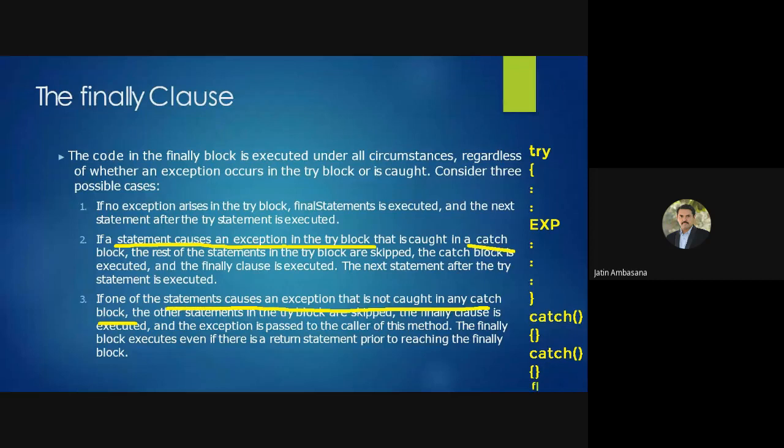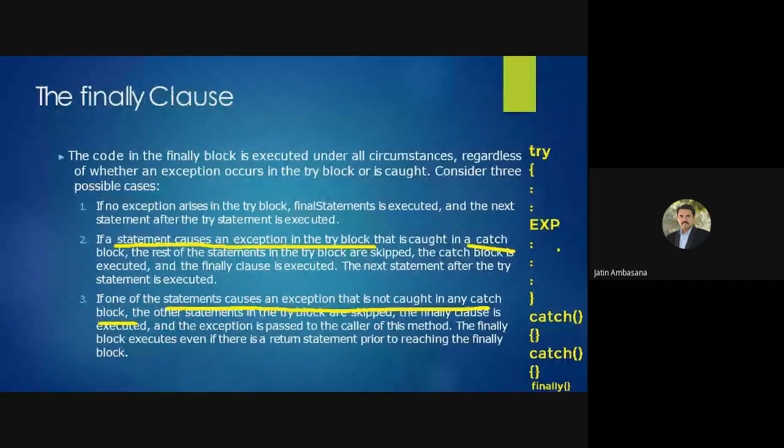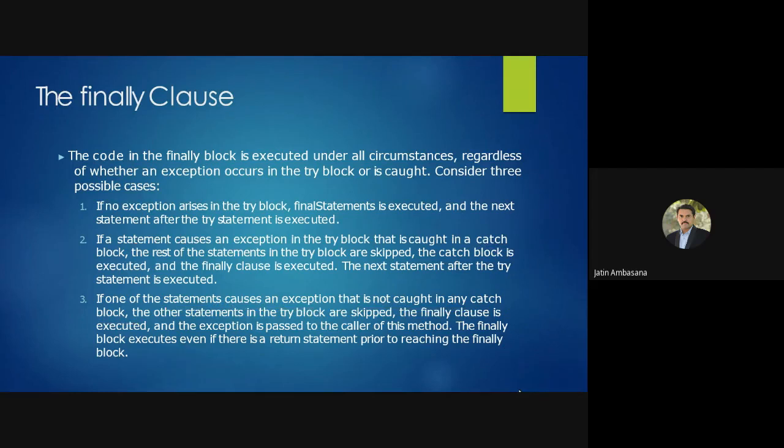In this case, the finally block works. Okay. So what would happen? Suppose the exception is thrown and it does not get caught over here, does not get caught over here. So at least it goes through finally. Even though it is not caught, at least it goes through finally. Okay. And then the exception is passed where? Then the exception is passed to the caller of that particular method in which the exception occurred.